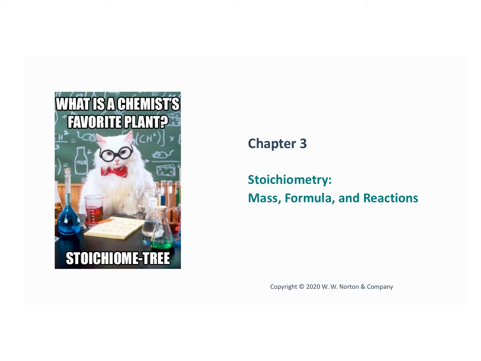In Chapter 3, we're going to spend our time talking about stoichiometry, and stoichiometry really is the study of how much we're going to make, or how much we need to make something. And so we look at balanced chemical equations, and we really need to translate what happens in a balanced chemical equation into the laboratory to figure out how much we need to weigh out to make the amount of product that we need. And so in this particular chapter, we're going to focus on mass and formula and reactions and all the quintessential chemistry that you probably think about when someone says chemistry.